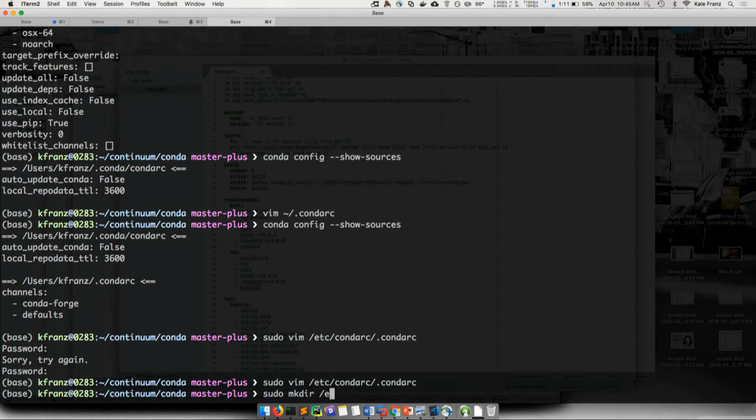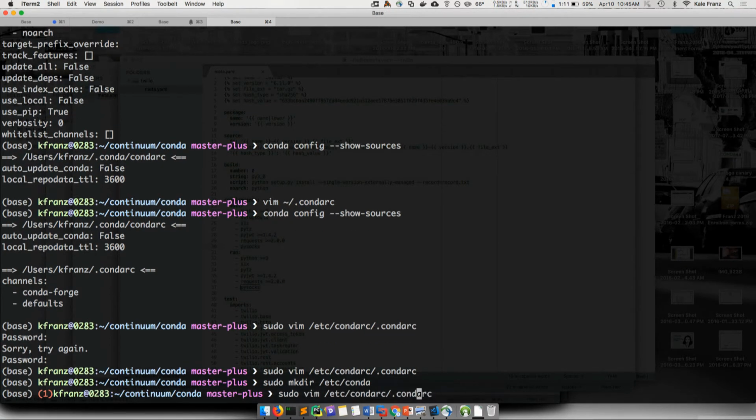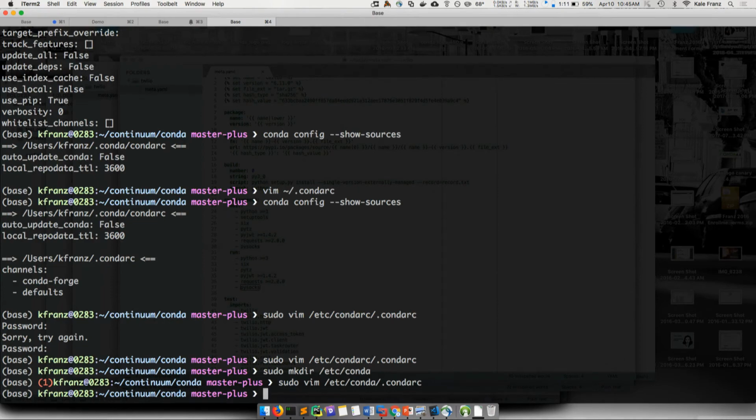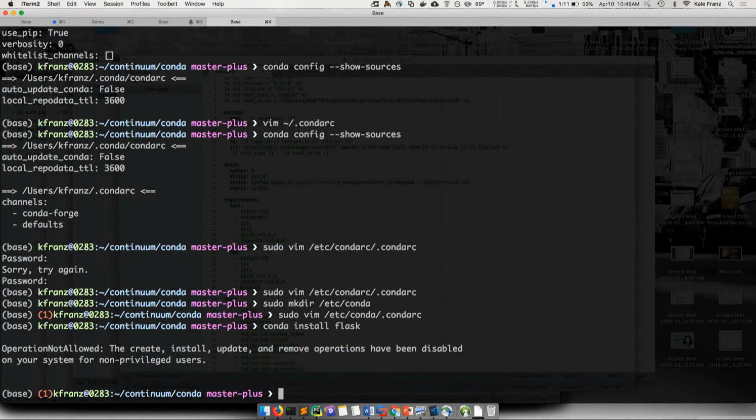Let's do it. It's /etc/conda, not condarc. That was the problem. All right, non_admin_enabled. Basically, it says nope, you can't do that because non-admin is enabled. And as an unprivileged user, I can't go and change that. It's read-only at that point.